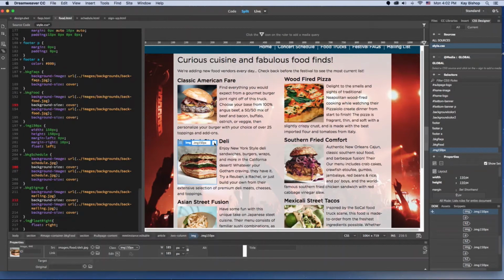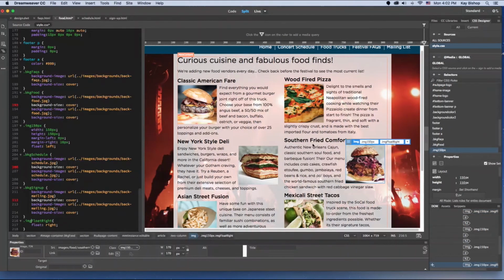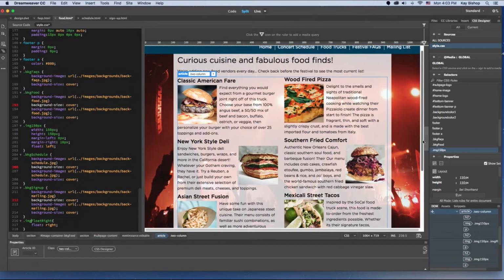So you can click on this plus sign and just add it here by typing in .float right, and you've got that option here, you can just select it. Now it's got two class selectors, because we can add multiple class selectors to one element: the 150 pixel class selector and the float right. So now this image is floating to the right, which just means that anything is going to wrap around the left of it. Now we can add that float right class selector to this image next to it for the Southern Fried Comfort image. All right, again, don't forget to save, but we're going to go ahead and move on now